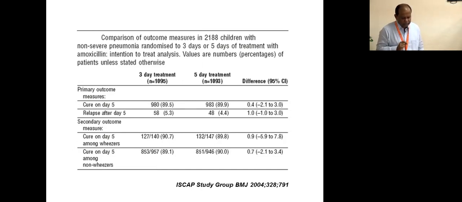What we need to look at, but we don't go into the detail of interpreting what is 2.1%, 3%, and so on. Your eye should look at whether it includes 0 or not. Does the confidence interval include 0? The confidence interval includes 0. The moment you see a minus sign and a plus sign in the confidence interval, that includes 0. That means the first message is that it is not statistically significant.